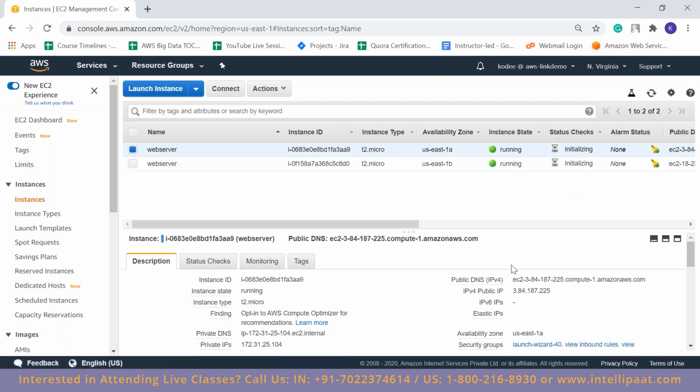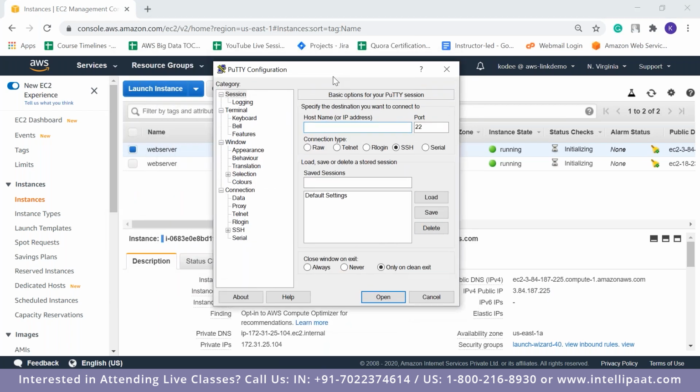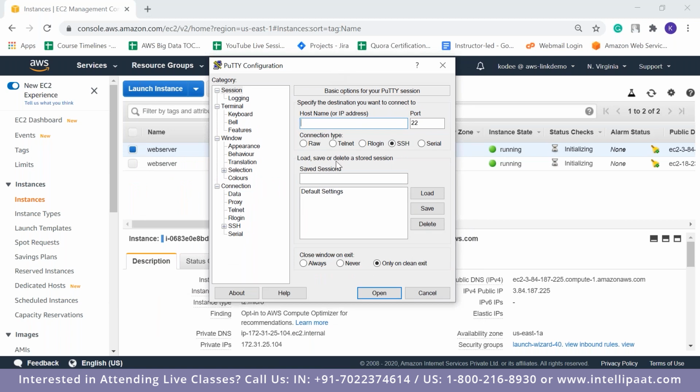Cool. So right now I'll just open the instance. To open the instance, you will need the public IP address and you will need PuTTY. PuTTY is basically a client tool which you can use to log in to the EC2 instances by providing the IP address, the port number, and the private key. It is basically an emulator which you can use to access the server. So I'm going to provide the IP address over here. The port number is 22, which is what we gave in the security group associated with this instance as well as the other instance, but we are launching the first instance right now.